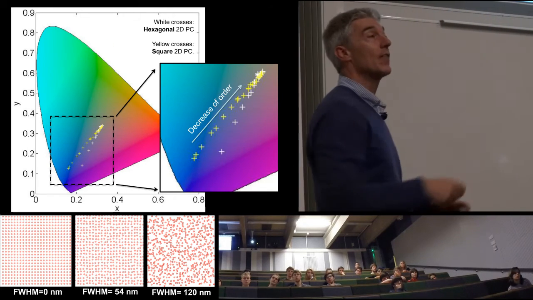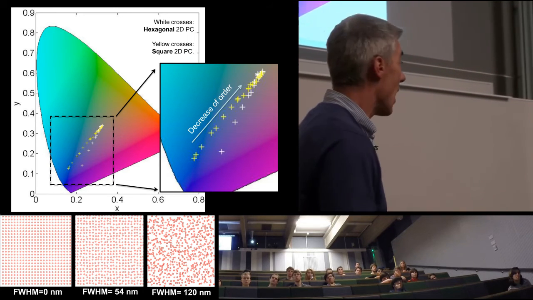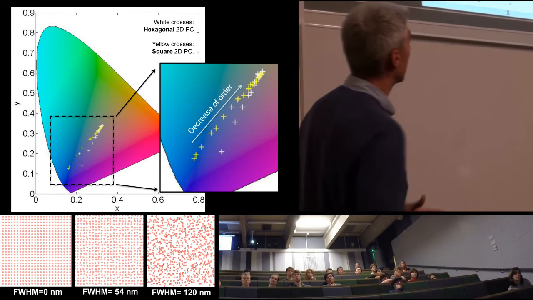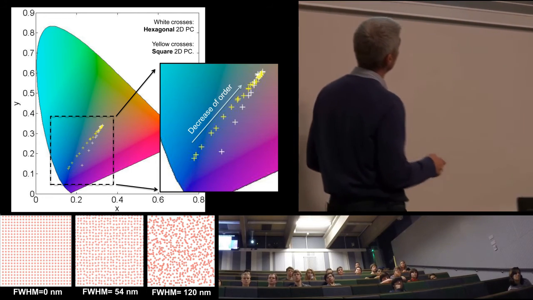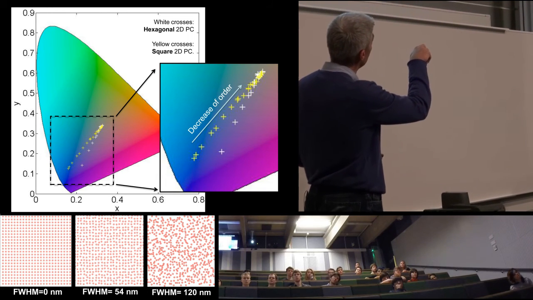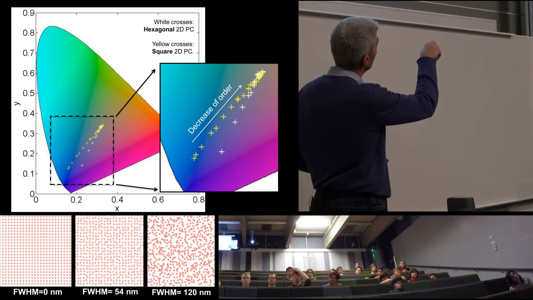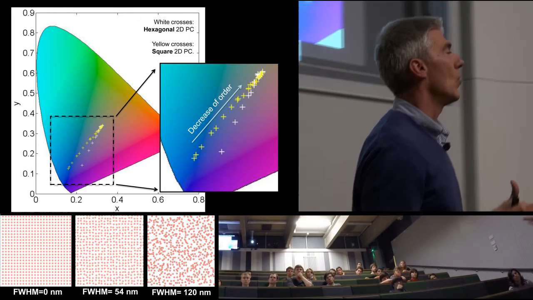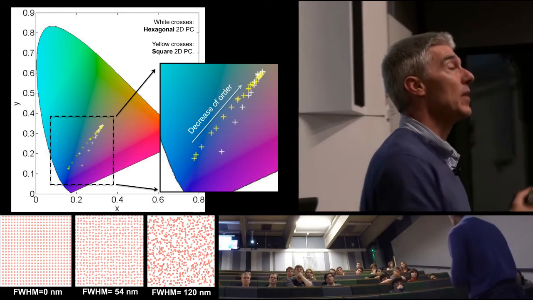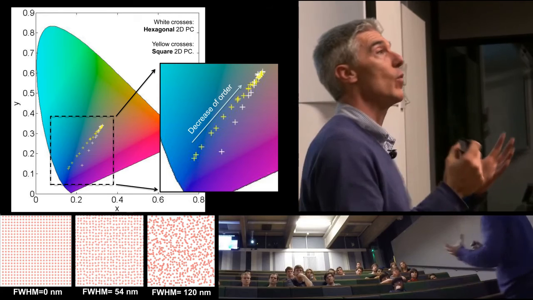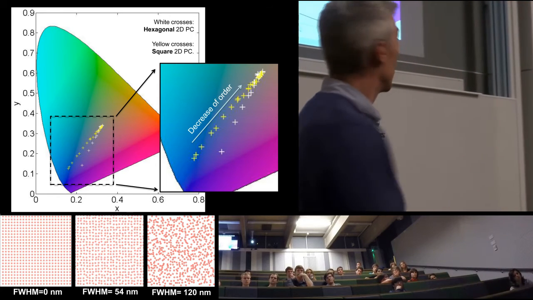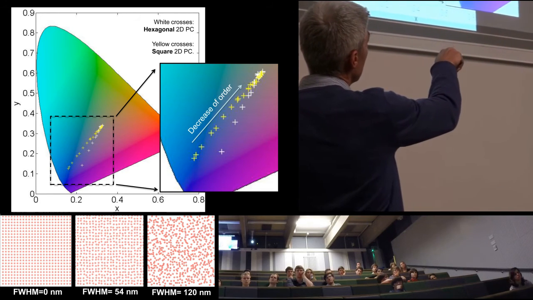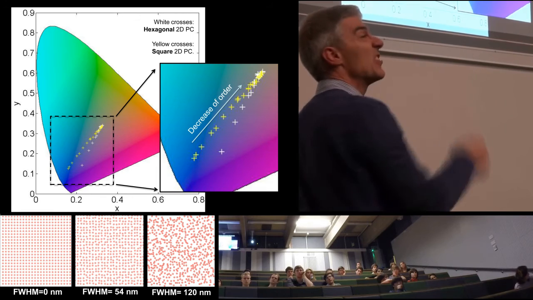Here is a CIE chart. That is what color scientists use to understand the appearance of objects in relation to their color components. Let's zoom into this region. As we increase the disorder, we move towards this central spot, and that central spot is called the white spot, where all the colors are blended with equal intensities and produce this appearance of whiteness. Perfect disorder makes white. Perfect order gives us, well, let's project this back, a saturated color.